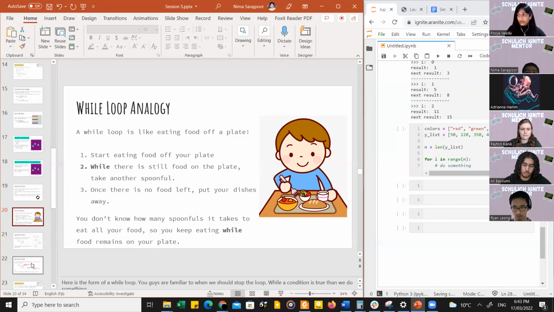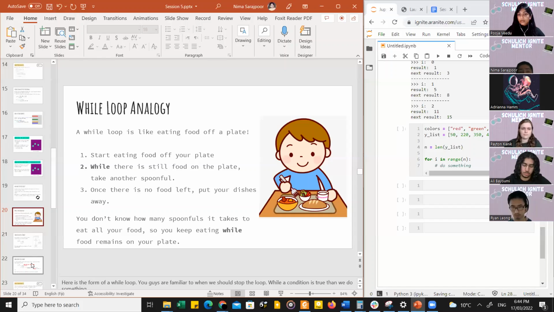So we are going to do something again and again until something becomes false, or some condition that we create for the while loop becomes false. So now you can see that the while loop has a condition. It's similar to if, but it's not if, because that's just one time, right? The while is similar to a for loop, so it iterates. It is like something going on and on,